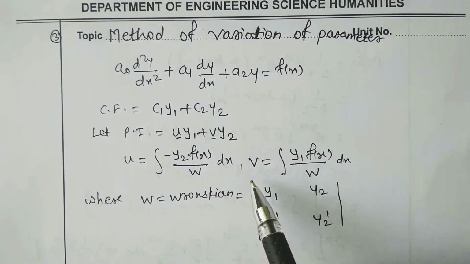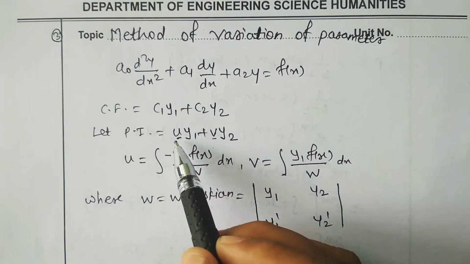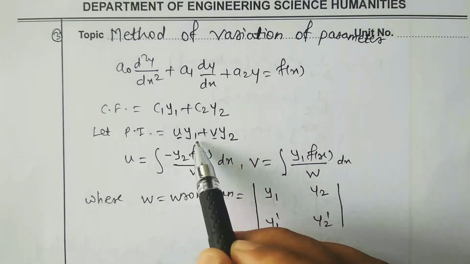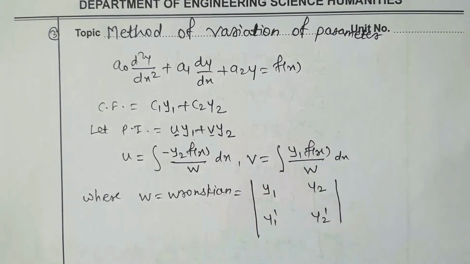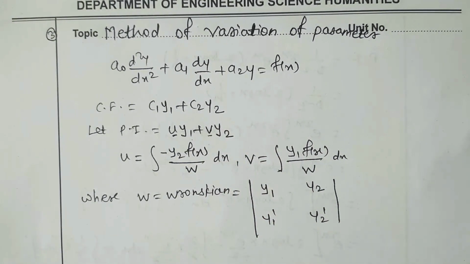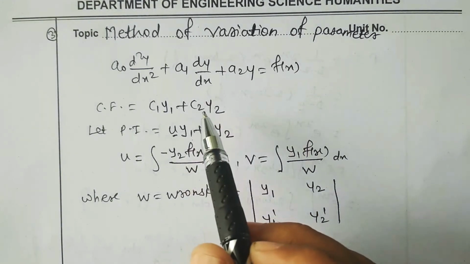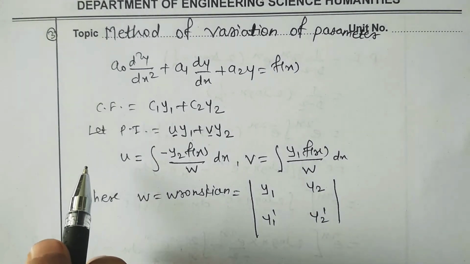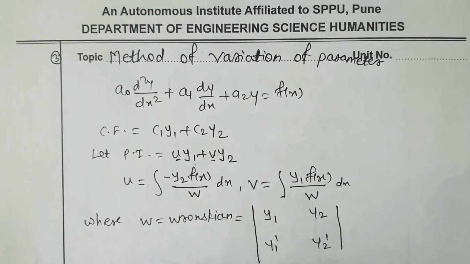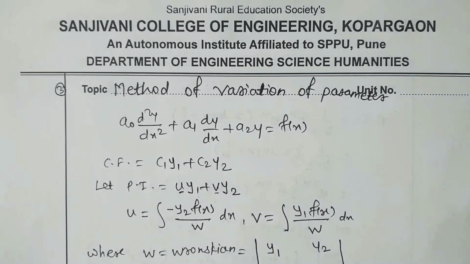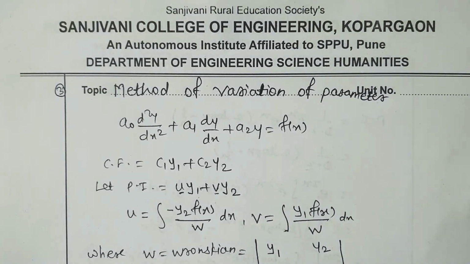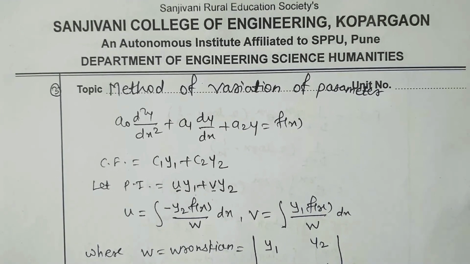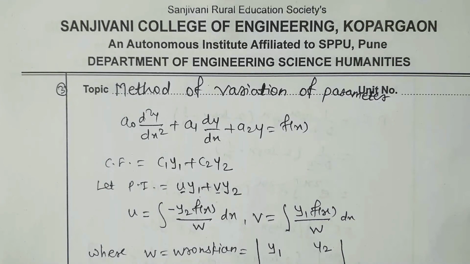After calculating the values of u and v, put in the particular integral, so you will get the particular integral u y1 plus v y2. That is our final answer. So this is the method of variation of parameter to find the solution of second order differential equation. Now when shortcut method is not applicable, then we use general method, but sometimes for using general method integration is lengthy, so that time we can use the method of variation of parameter.